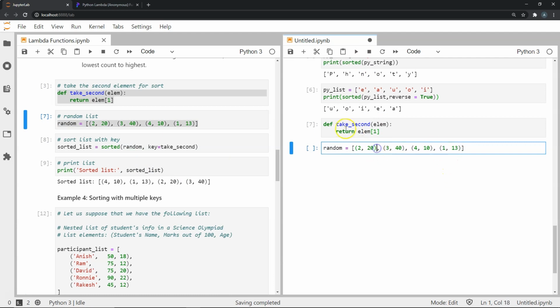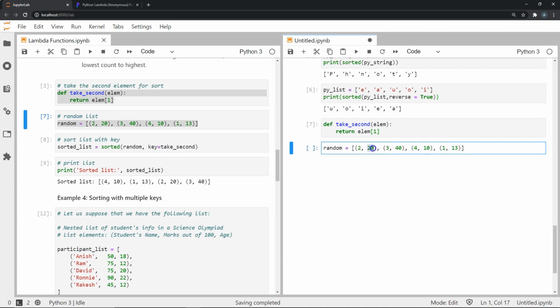And what I'm going to do in this example is create a key out of every second element in each tuple. So I'm going to create a key out of 20, 40, 10, and 13, and based on these in an ascending order, I will sort this whole list. So what my result should be is that since the smallest of the second objects in these tuples is 10, this will be my first object in my sorted list.